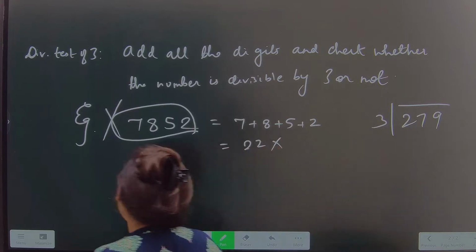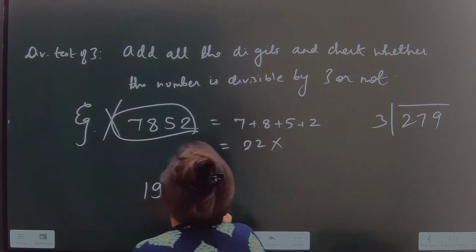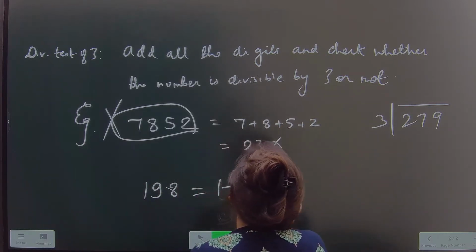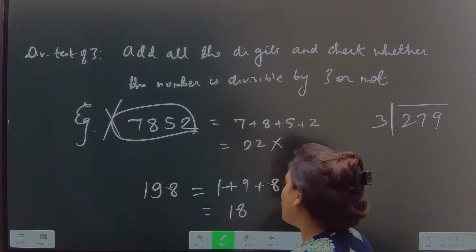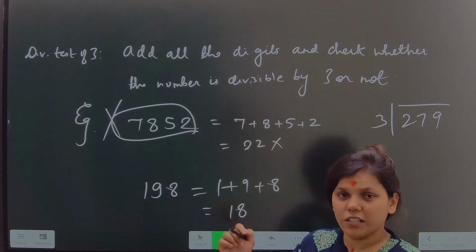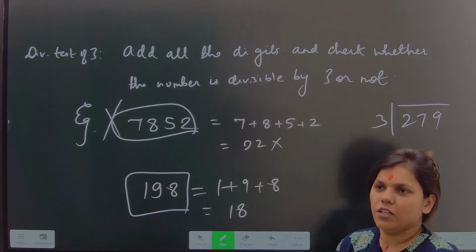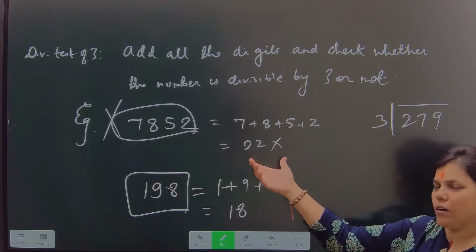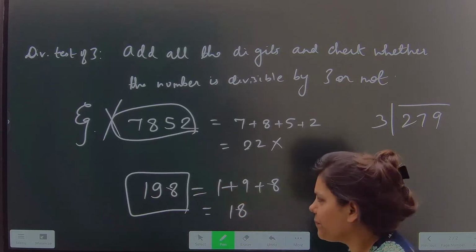Let me take another example. 198. So what will we do? 1 plus 9 plus 8. So 1 plus 9 is 10. 10 plus 8 is 18. So is 18 divisible by 3? Yes, it is. 3 6s are 18. Hence 198 is divisible by 3. So you just need to add all the digits, and whatever the sum comes, you just need to check whether it is divisible by 3 or not. Next,